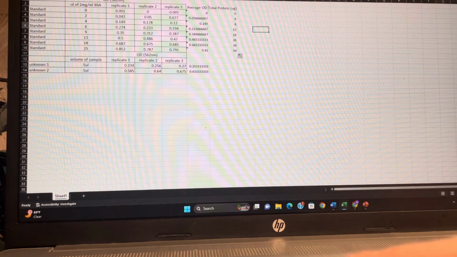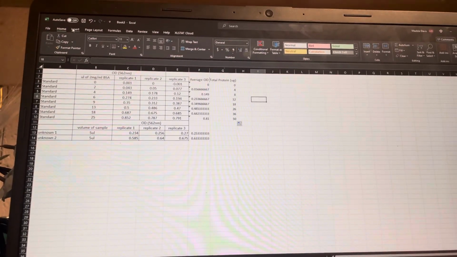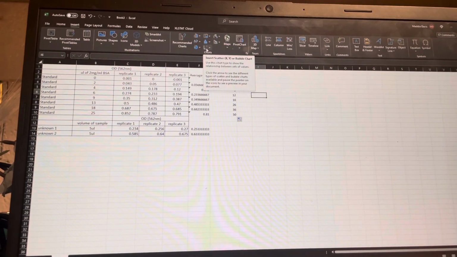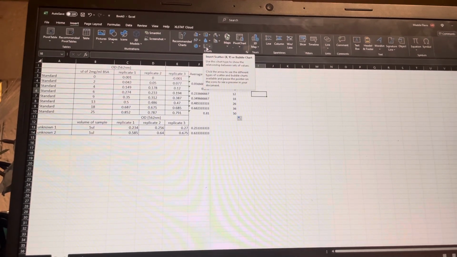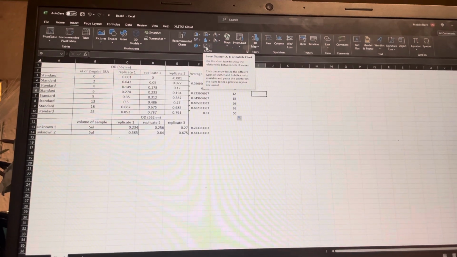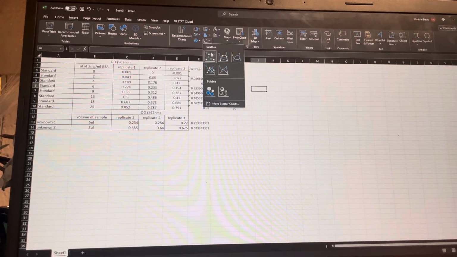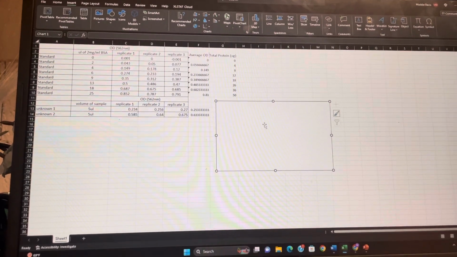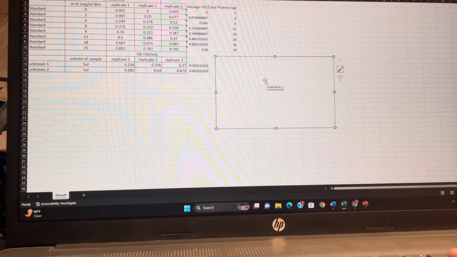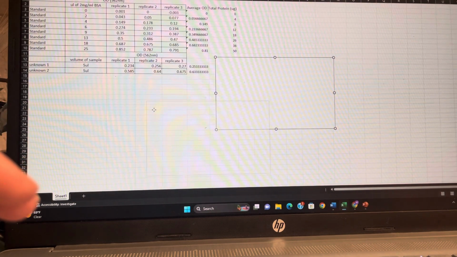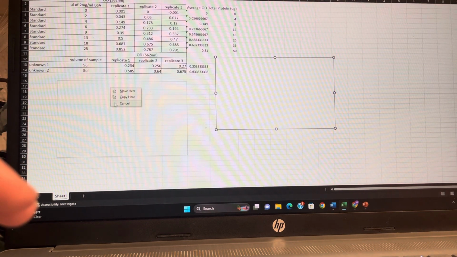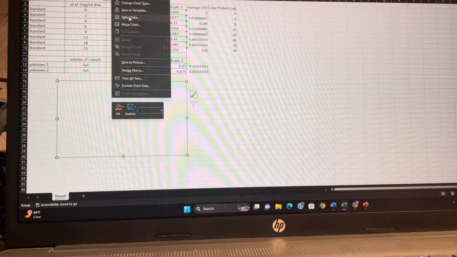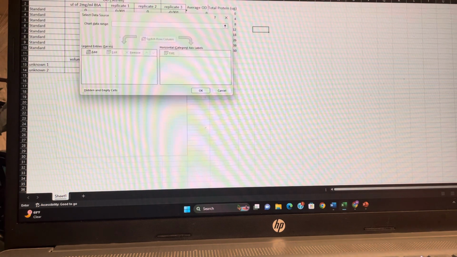I'm gonna go up to the top and click insert. I'm gonna go to these dots. It looks a little bit different depending on which Excel version you're using, but we're gonna use the scatter plot that doesn't have any of the lines. It's just a scatter plot, right? All right, so I'm gonna move this down here. Okay, and then I'm gonna right click and slide all the way up to select data